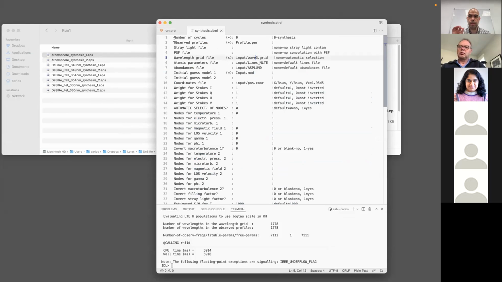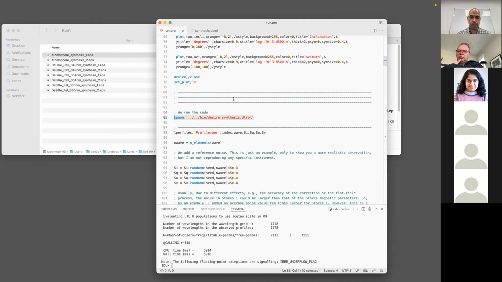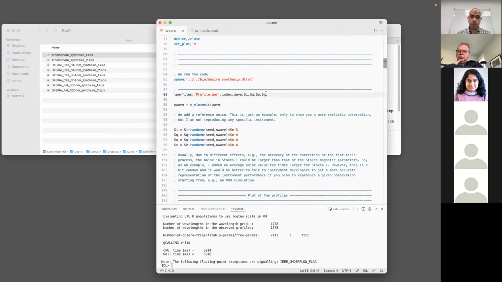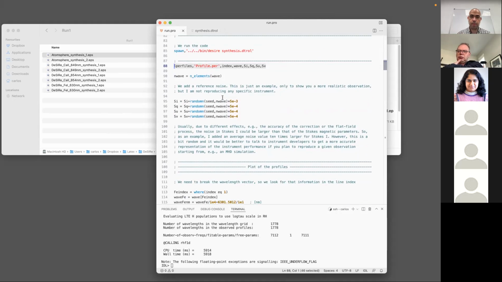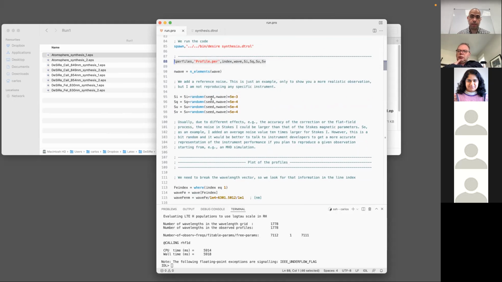So we are synthesizing the iron 630, the calcium 8542, and calcium... sorry, calcium 8498 and calcium II 8542. And then we added photospheric lines in the wings of the calcium lines, in the wings of the chromospheric lines. Okay, so then we read the profile, and this is something new from this class,